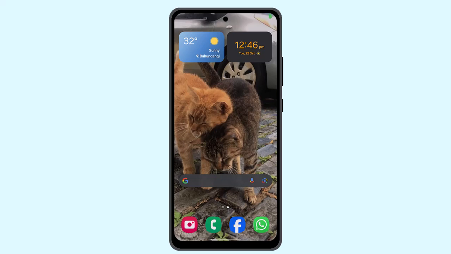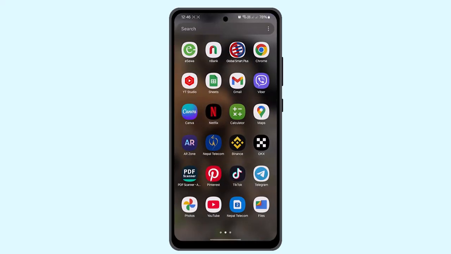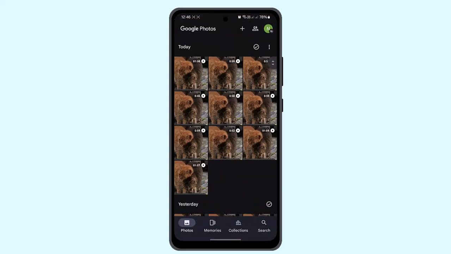Hi everyone, in this video I'm gonna let you know the ways to manage storage in Google Photos. In order to manage storage in Google Photos, you can do this procedure. Now first of all, you could either get a premium subscription and this way you could also manage your storage,